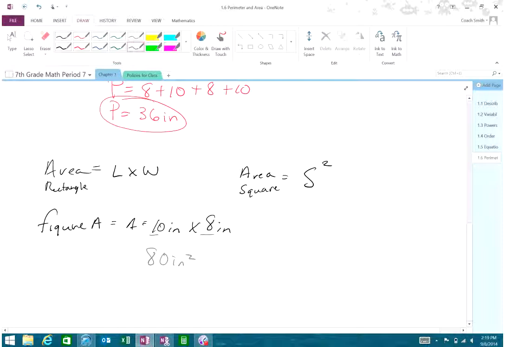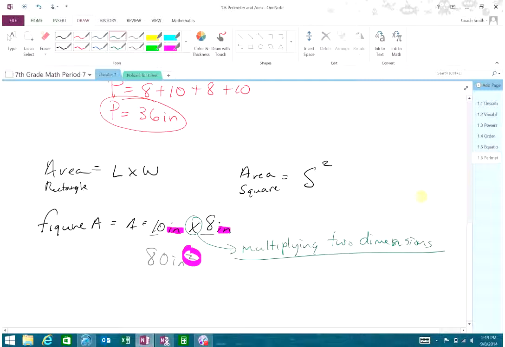And why is it squared? Well, the reason it's squared is because I have 2 inches labeled. I have 2 of them. Okay? And the reason it's squared is because I'm multiplying 2 dimensions, anytime you multiply two dimensions together. The reason I say it that way is because